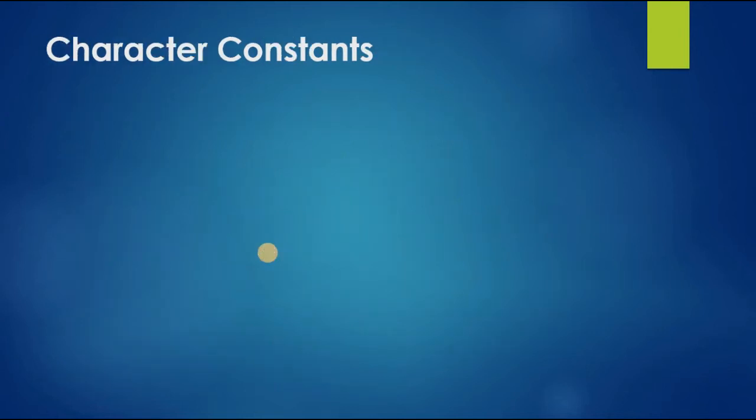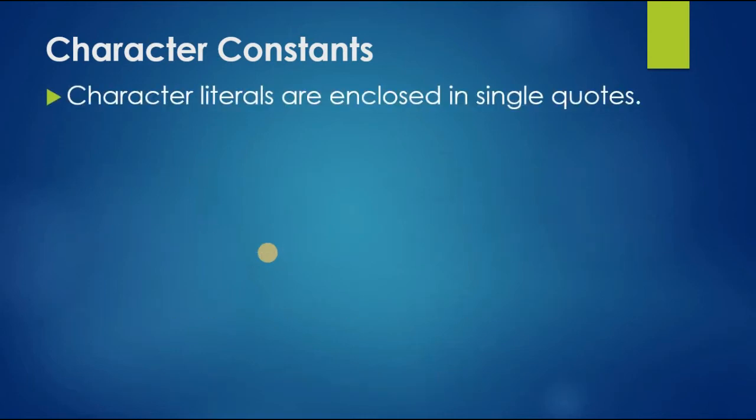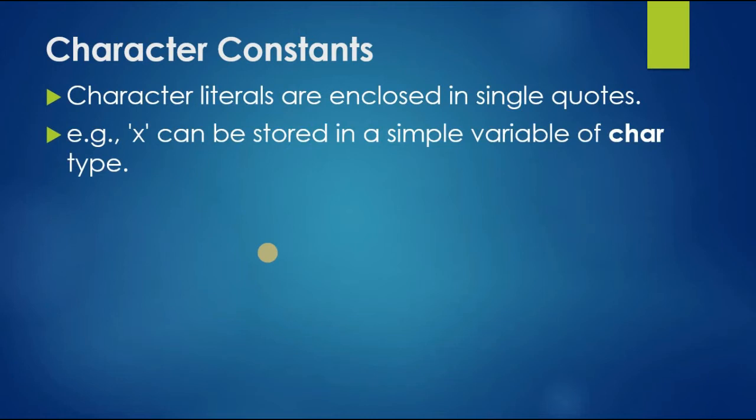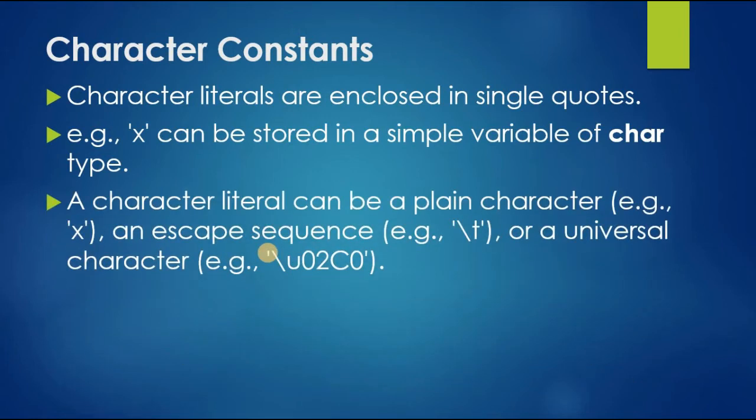Next we will see about character constants. Character literals are enclosed in single quotes. Means the characters come under single inverted commas. Here an example is X, a letter we declared in single quotes, which can be stored in a simple variable of character type. A character literal can be a plain character, an example for that is X, an escape sequence, an example is \t, or a universal character, an example is